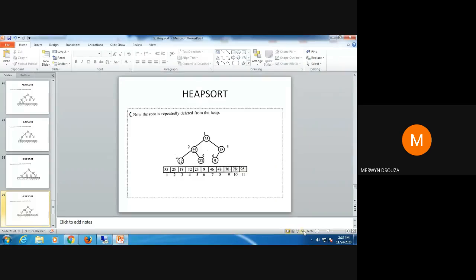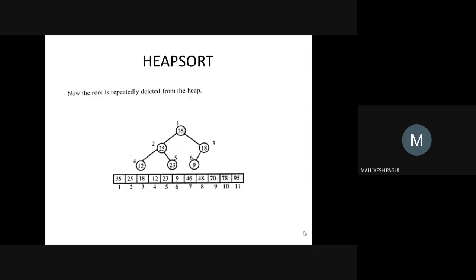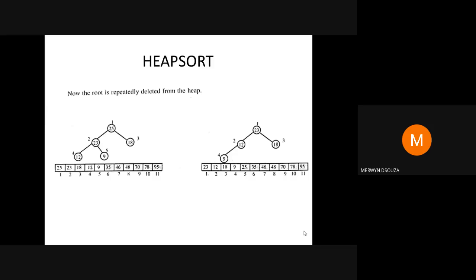Malikesh, tell me deletion of 35. 25, 23, 18, 12, 9. Correct. Okay. So this is the way it will look. Once you delete 27,